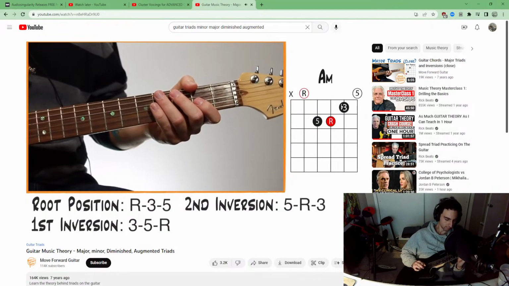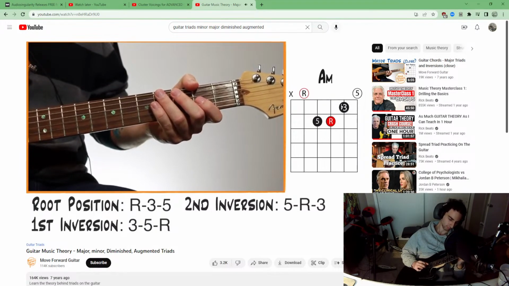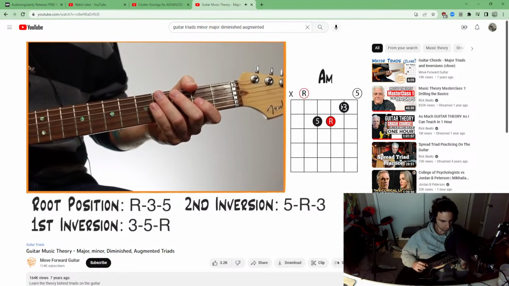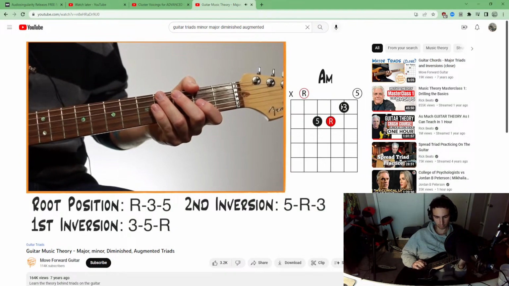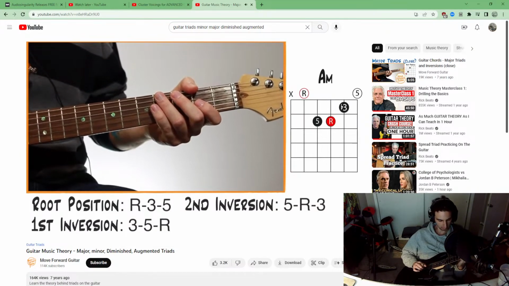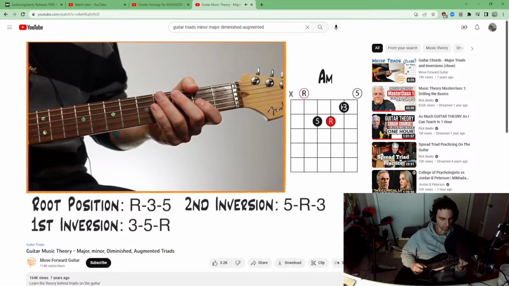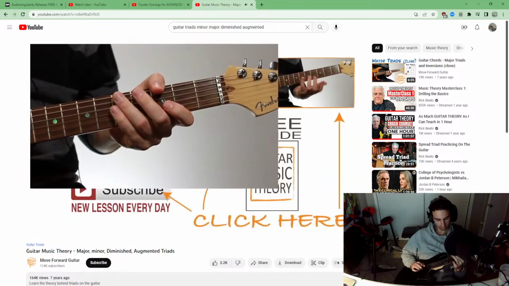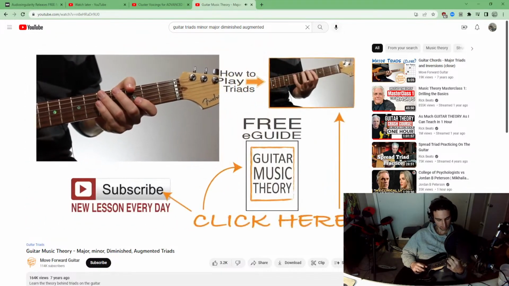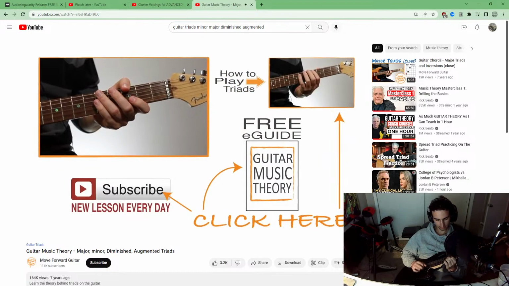triads, basic synths, and how to break down inversions, you start, like I talked about, with your root as the lowest note, that's the position, and then third, fifth. The first inversion goes your third, your fifth, and then your root, and then second inversion goes your fifth, your root. But don't worry if you don't understand that. I'll have other lessons that dive into inversions and more theory. This is